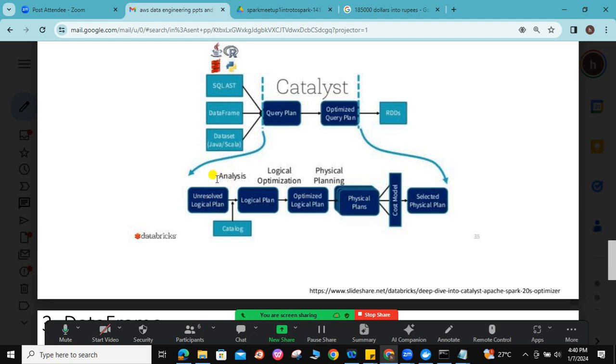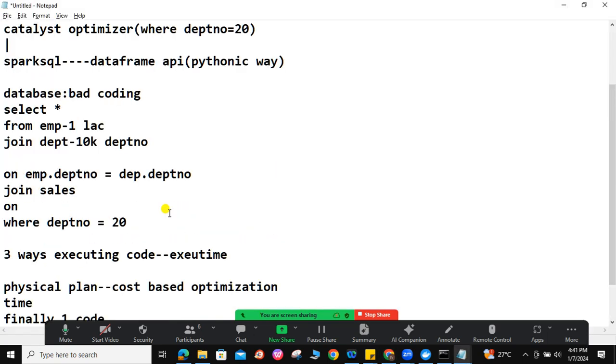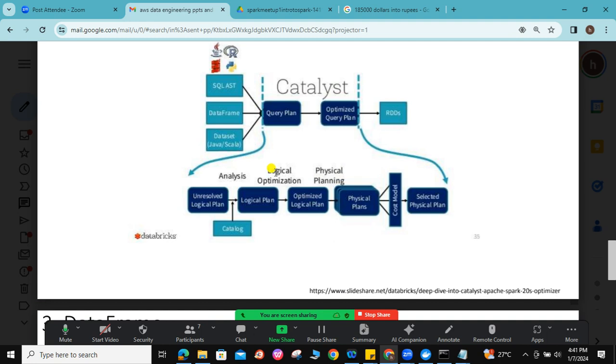After your code analysis by Spark, the JVM, whatever it is, you are logically optimized. There are 2 or 3 ways of code. It internally builds them and decides, okay, this is the best way, this is the best way. One way will be like this, where it will be at the end. One more way, where it will be here. One more way, some other way. Like that, 3 or 4 ways it builds the logical